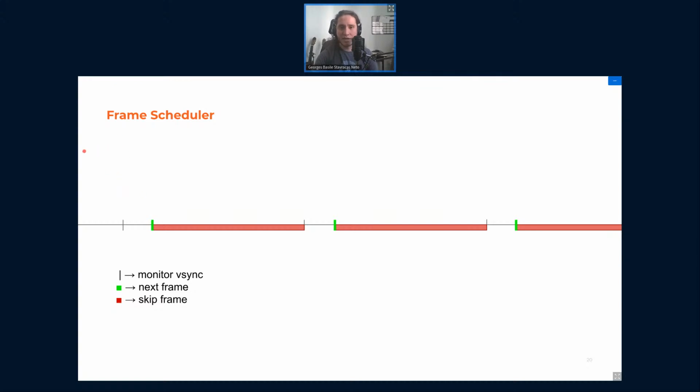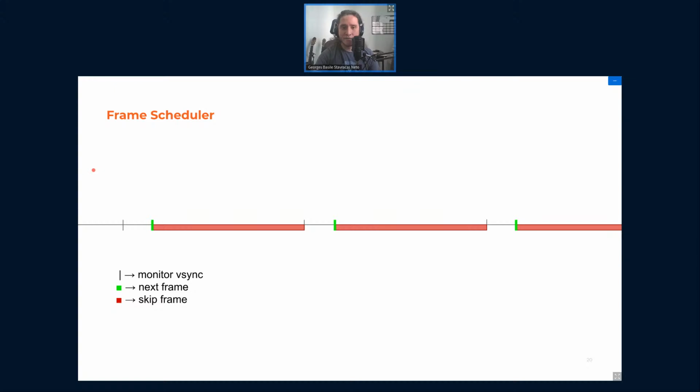When an application draws, it tells Mutter about a new buffer, either through Xorg or through Wayland protocols, and it has to do this before this green strip here.